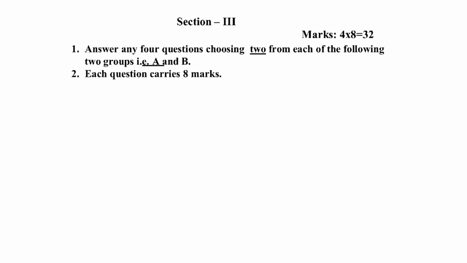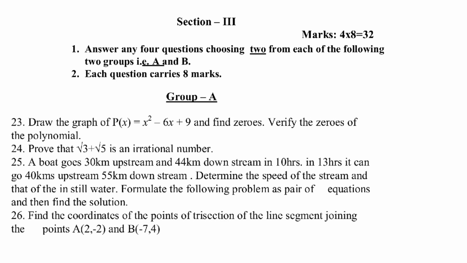Let's now see section 3. In section 3, again you have two groups, group A and group B. In each group 4 questions are given. You have to answer only 2 questions out of each group, and each question carries 8 marks. Please note this. This particular section is the heavy weight section, meaning most of your score you can get from this section. So out of 4 questions in group A, you have to answer only 2 questions so that you will get 16 marks. As you see here, the first question starts with serial number 23, but